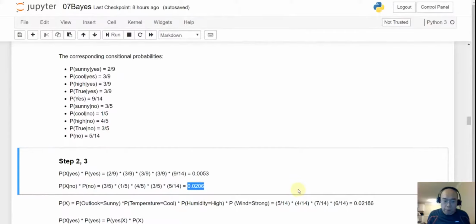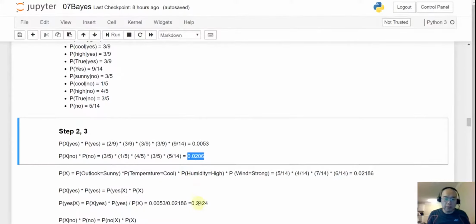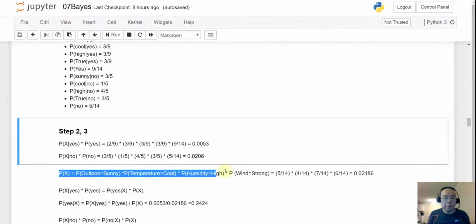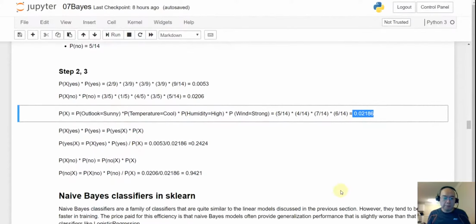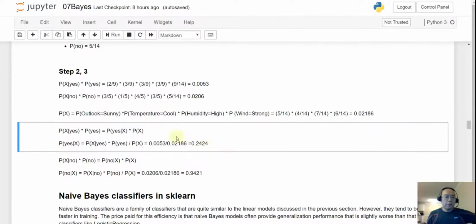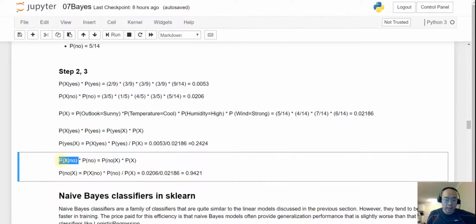Okay, so another thing we want to pay attention to is, well, the px, the probability, right? The probability is, well, the outlook equals sunny multiplied by temperature equals cool, and multiplied by humidity equals high, and the windy equals strong, and then this is this value, and we know that. And if we want to calculate the probability of given it is a yes, and then we see this feature, and then it will be the px yes and multiplied by p yes, and which is 2.2424. And if you want to see the probability of no and multiply by given no, it is an x, and it will be